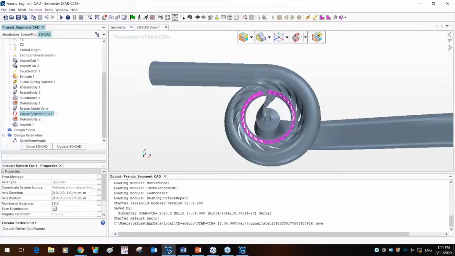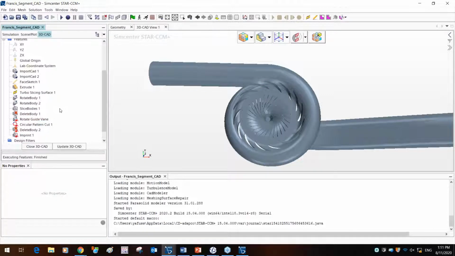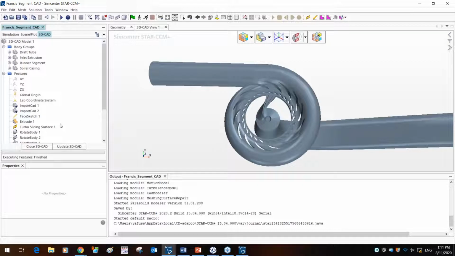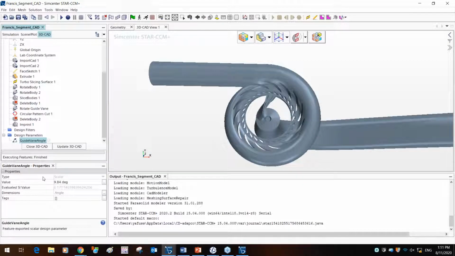Now, one of the key things that we did was when we created rotation in the guide vane at a given angle, and we exposed that design parameter. So all you need to do for that is when you right click, you edit the given part and you're defining the rotation. There's a feature out here that says, where these CAD parameters are here. Once you click over here, it says expose design parameter. Once you click on that button, what it does is that it exposes that design parameter to the user to update out here. And that same design parameter will be available to the